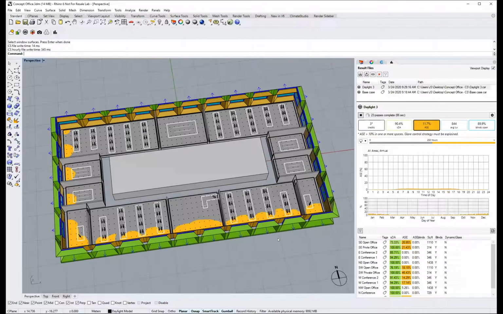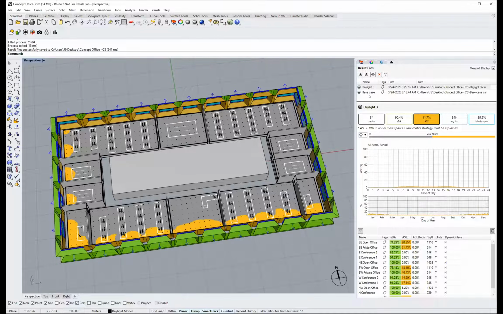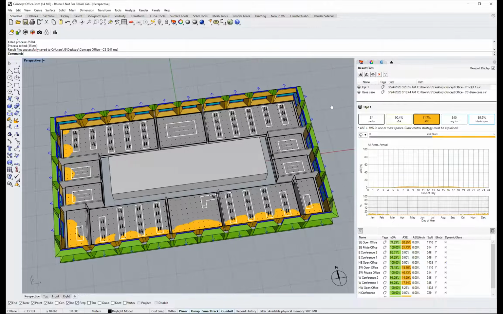And then another way to answer those questions of comfort, though, is we could do a different type of analysis, which is a little bit more detailed. So let me pause this for now, and I'll call this option 1 to match my Rhino layer structure. Okay,